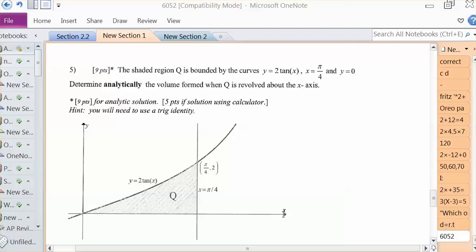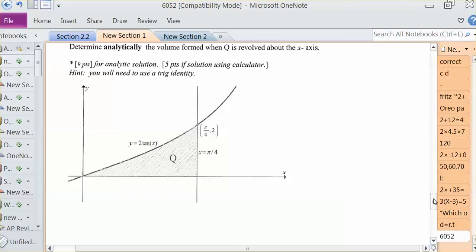So here we have some shaded region determined by y equals tan x, x equals pi over 4, and y equals 0. And we're asked to do this analytically, to find the volume when revolved around the x-axis. Now in this case, our region is completely flush against our axis of rotation, so there's going to be no gaps. That's the disk method. Each cross-section is simply a disk. So we're using the disk method,